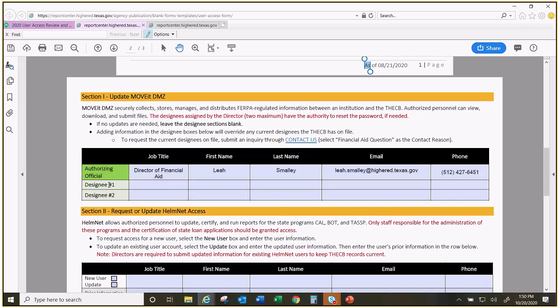We don't want everyone to have that ability because it's an institutional account. If you've got probably 4 or 5 different areas that are working on things such as FADs, and then you've got someone working on loans, you've got someone else doing work study, you've got somebody else doing grant payments. There's different things that are going on in Move It. And so if someone calls in to reset that password, it could inadvertently lock out a bunch of other people. So we're real hesitant and very careful when we update the passwords for Move It because we know it has